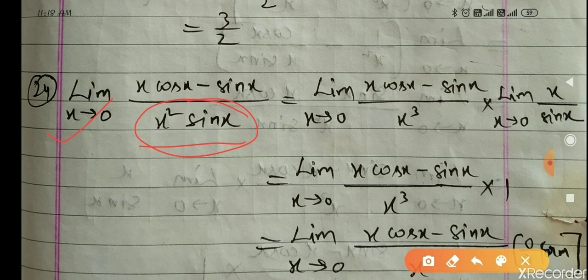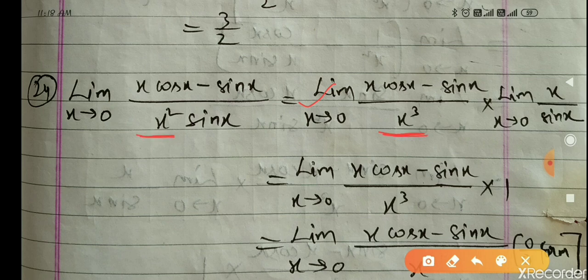So if we differentiate the numerator and denominator separately, that is, if we apply L'Hospital's rule, then differentiation of the denominator will be very difficult. So for this, one limit you have studied in class 11: limit x tends to 0, x upon sin x, or sin x upon x, is equal to 1. You have studied this, so I will apply this property here. So you can see, I have made the limit separately. Limit x tends to 0, x cos x minus sin x upon x cubed.